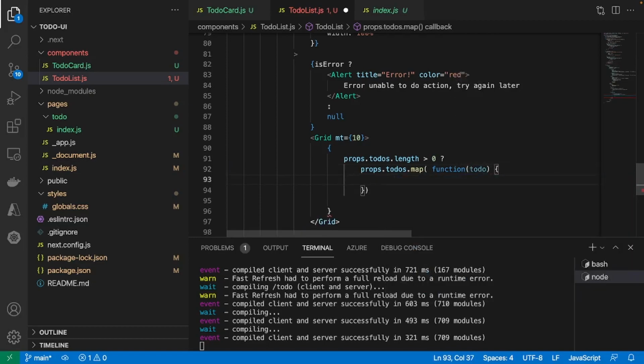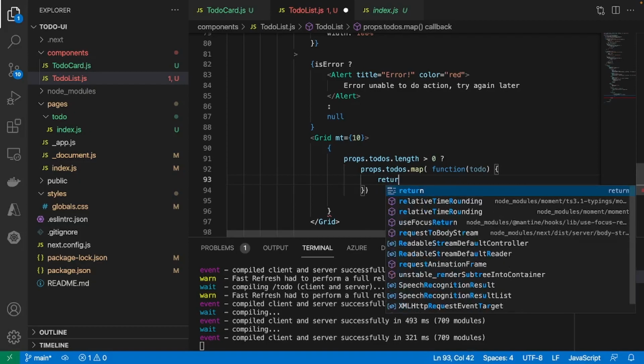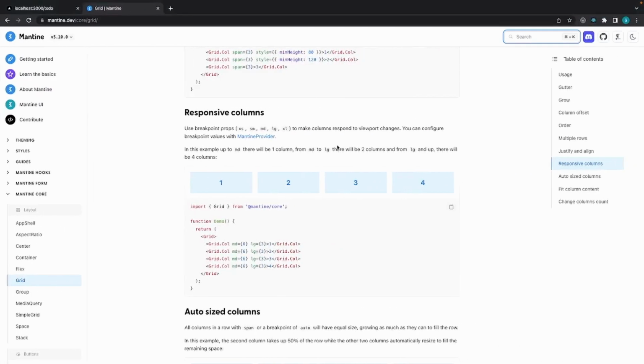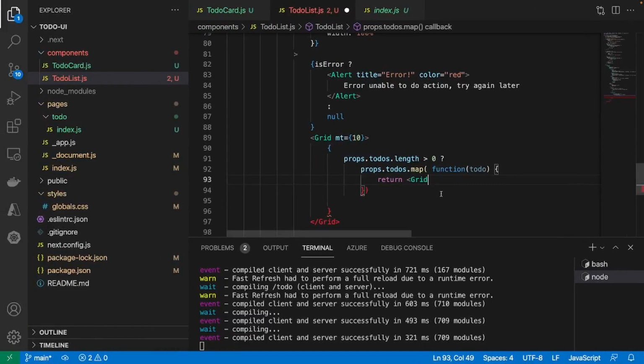Open that up, and I'm just going to return a Grid.Col, because if I go back, each individual item in the grid is a grid column. So 1 is a grid column, 2 is a grid column, 3, etc. So for each card, I'm going to have to make a grid column,